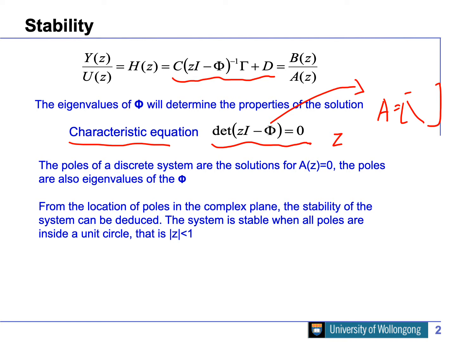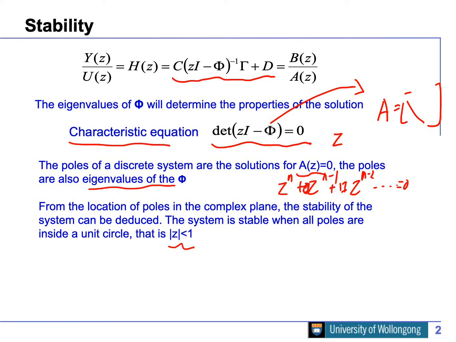To solve this is a high order polynomial. So A is equal to 0. The poles are the eigenvalues. So it's kind of a high order polynomial. You got Z, very high order. Say you got a coefficient here, and you got something here, equal to 0. So to solve out all the z's and then test the z absolute value less than 1,